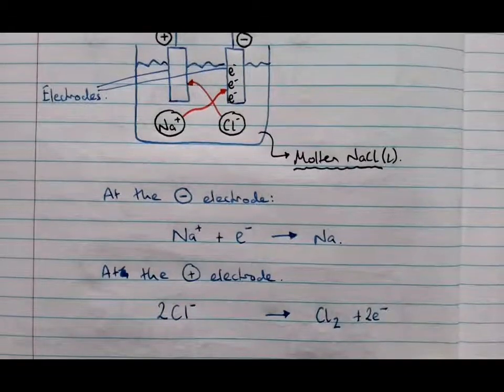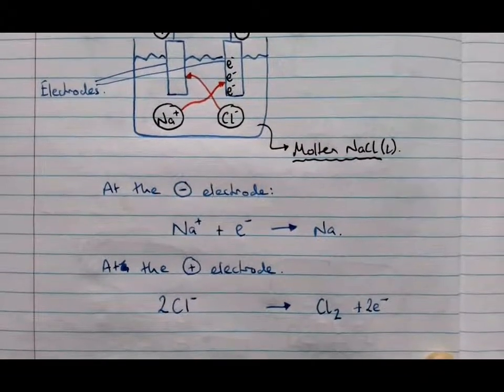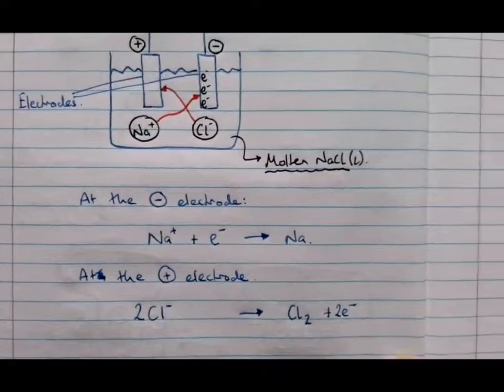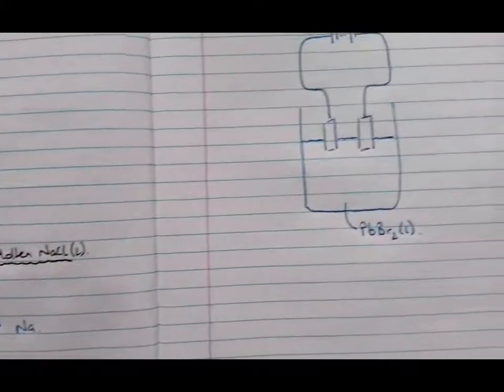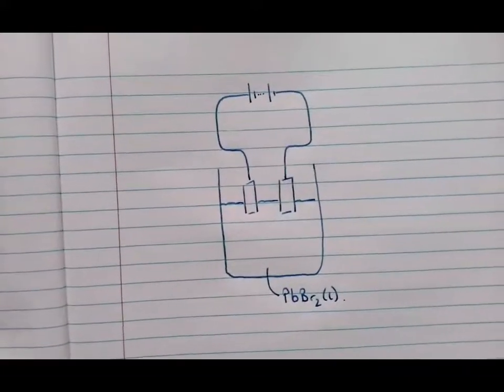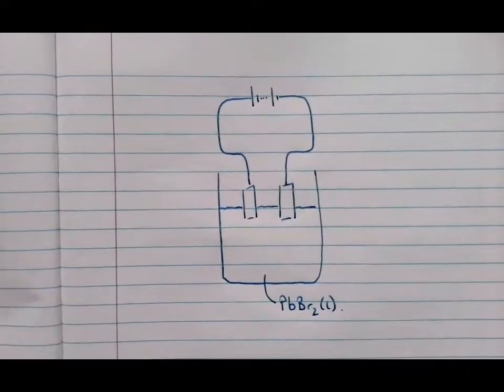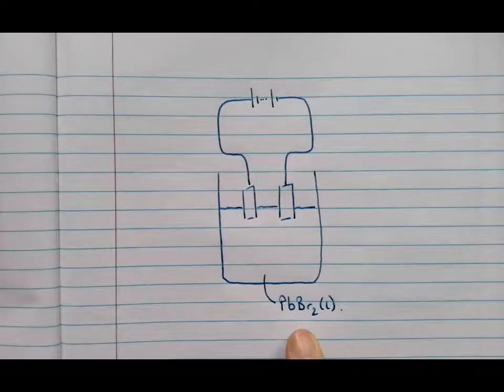Now I'd like to add a little bit more detail. So we'll do another example at the same time so you can see this happening with something else. So I've got the same kind of setup, all right, but now I've got lead bromide and it's liquid, so you have to melt it. It wouldn't be a liquid at room temperature, it'll be a solid salt, but we heat it up until it